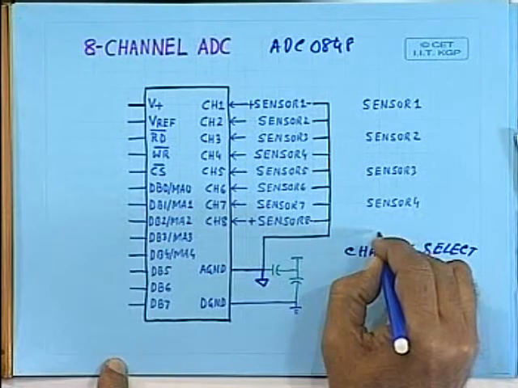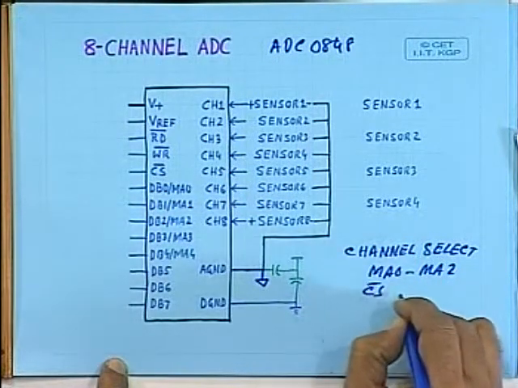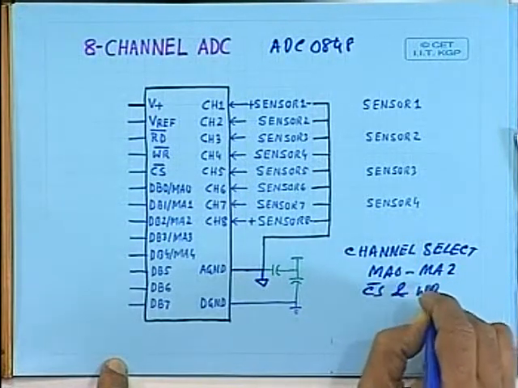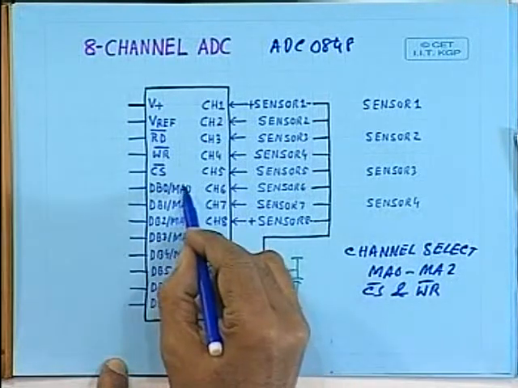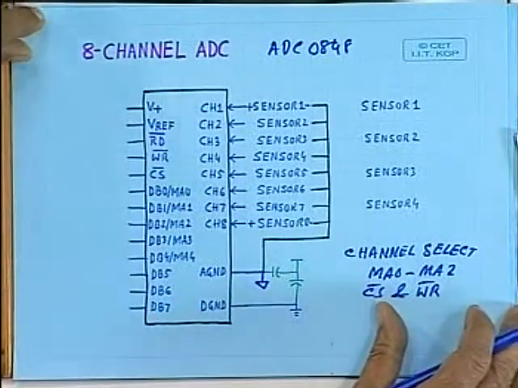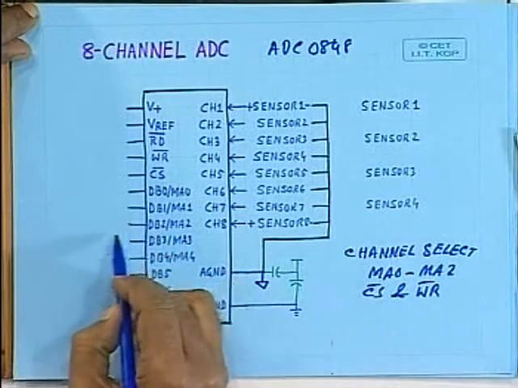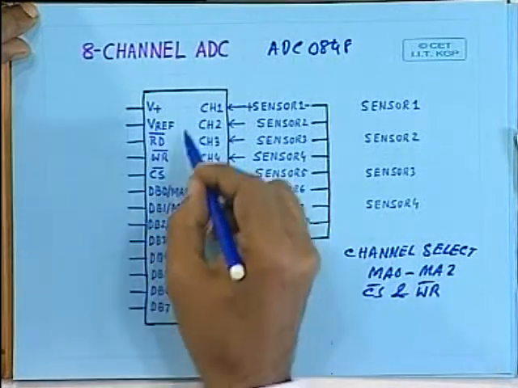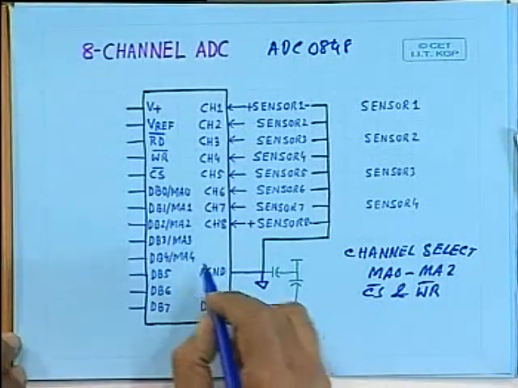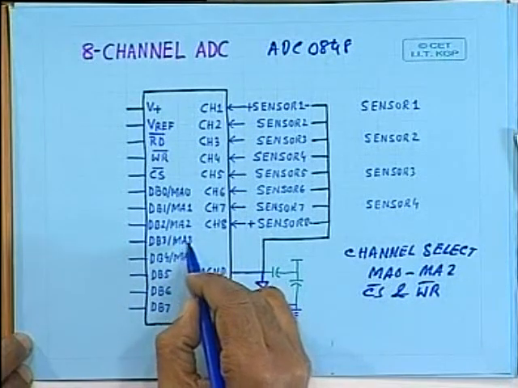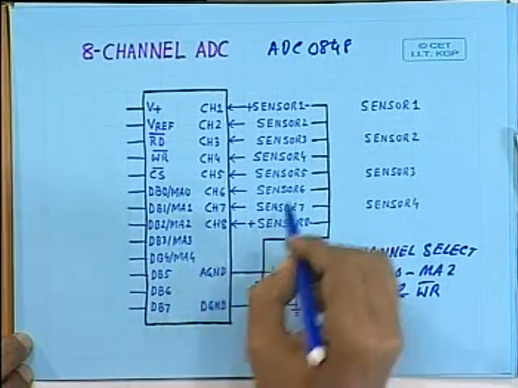That means whenever CS and write are activated, whatever is on these lines is transferred to the registers within this chip, and with the help of these two lines, MA3 and MA4,